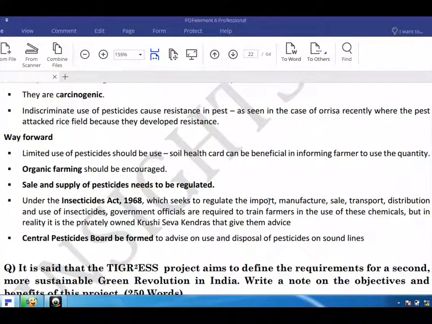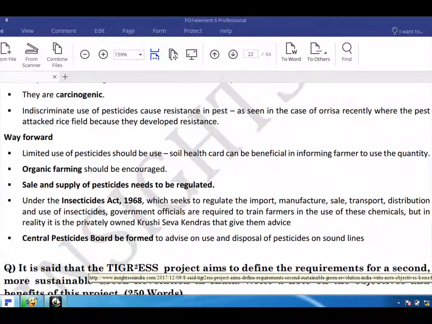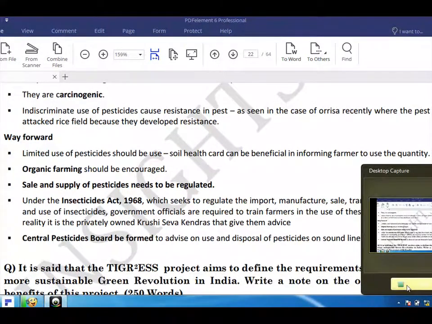Sale and supply of pesticides needs to be regulated under the Insecticides Act, 1968, which seeks to regulate the import, manufacture, sale, transport, distribution and use of insecticides. Government officials are required to train farmers in the use of these chemicals, but in reality it is the privately owned Krishi Seva Kendras that give them advice. Central Pesticides